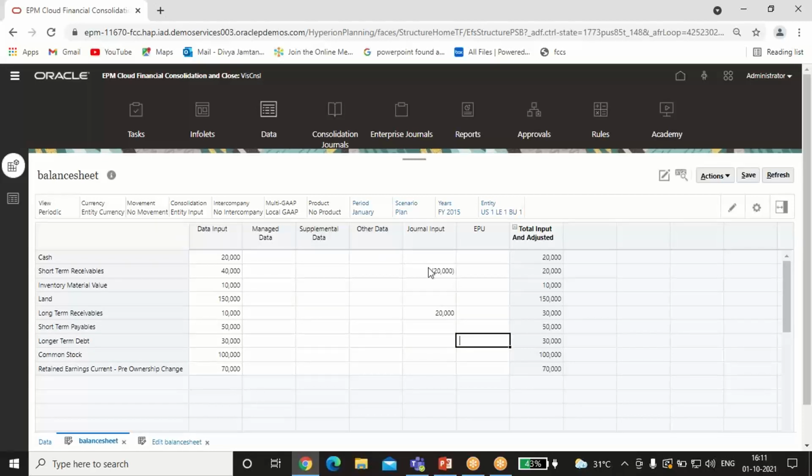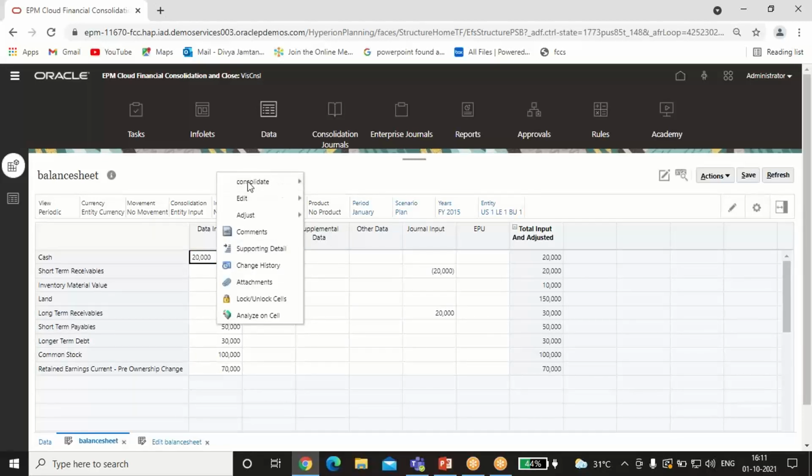Okay, I'll show you the journal entry also while being on this page itself, with the help of action menus, and I'll show you my P&L account also, and how this 70,000 is coming through the P&L form. How to do that? Just right click, see my consolidate, it is appearing in this icon, and when you click on consolidate, these are my action and menu entries which I have done in consolidate.